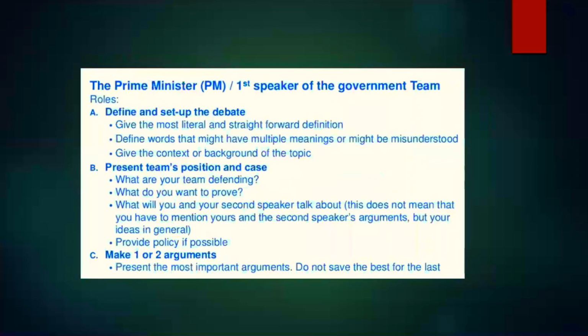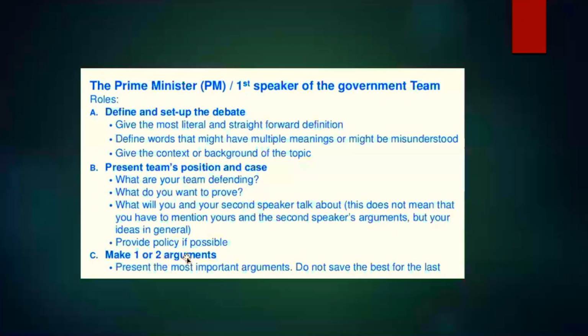So the prime minister will actually define and set up the debate, ঠিক আছে, give the most literal and straightforward definition. You will define the debate, define words that define the debate, give the context of the topic, present the team's position, যে what are their beliefs on this topic and what do you want to prove, and also say যে how your arguments are better, ঠিক আছে।